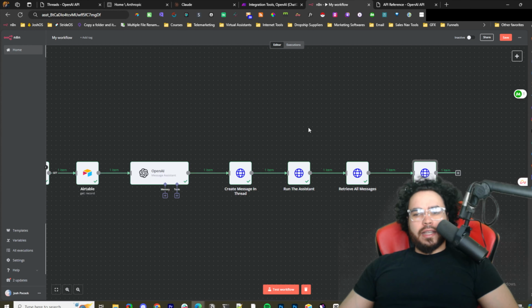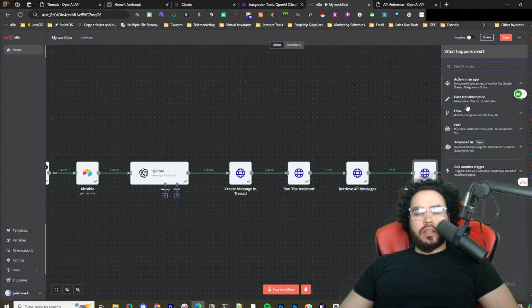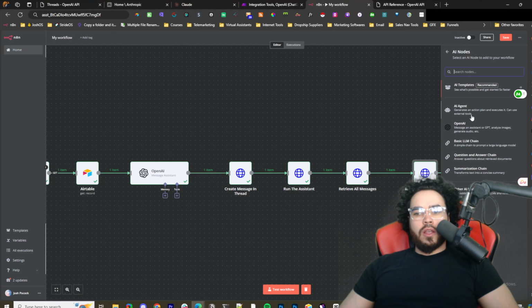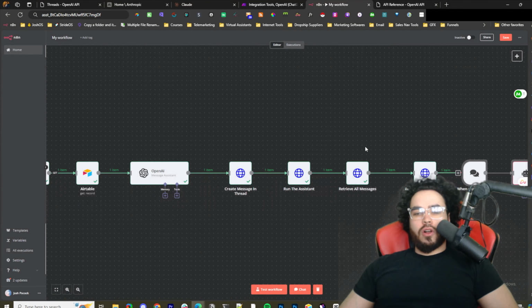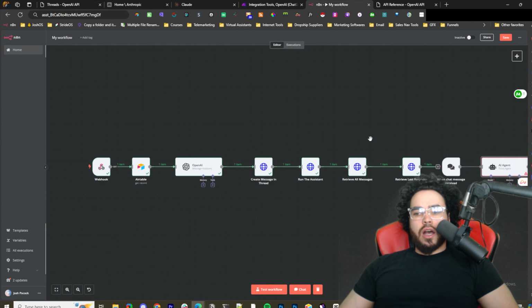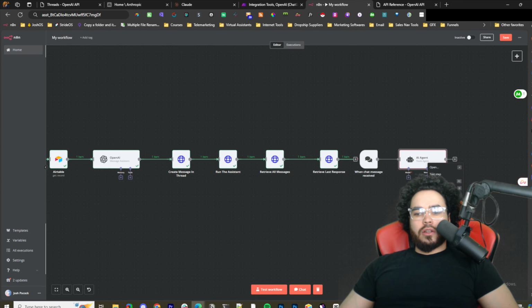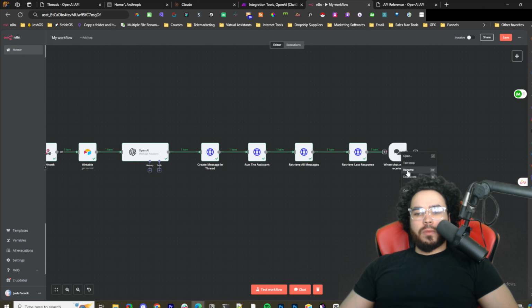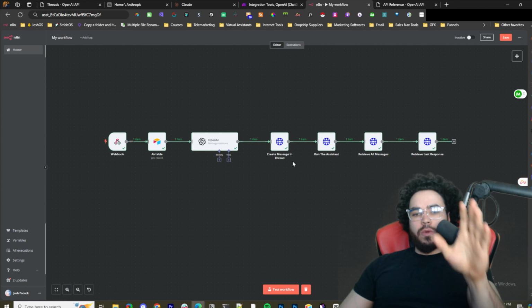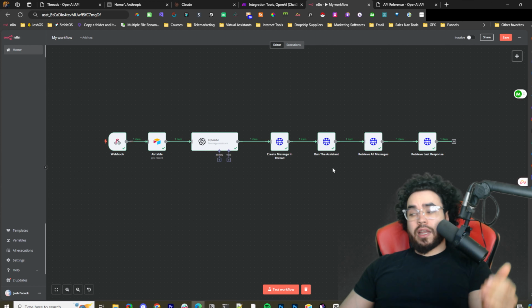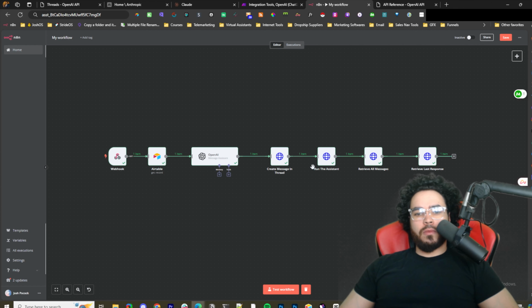And like I said, if you really want to leverage memory and stuff, I'm going to show you more about using the AI agents with memory and embeddings and vector stores, etc. I'll show you more of those in later videos. But for the purpose of this, if you just want to message the same thread and get that same thread response, like I just showed you in make.com,